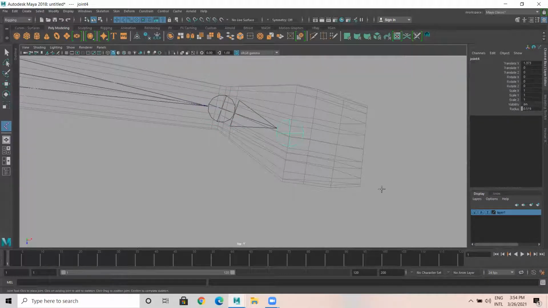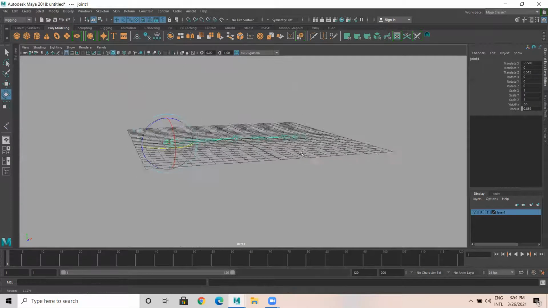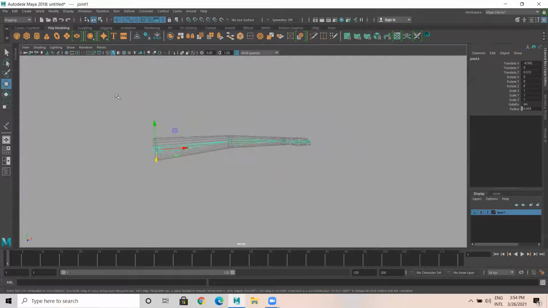After that it will go to fingers. Anyhow, I'm not going to create these; you will learn that in advanced rigging. I'll just create the palm and assume this one joint controls the entire finger. Enter. See, that's how it is. Got it? In the perspective it looks like this.